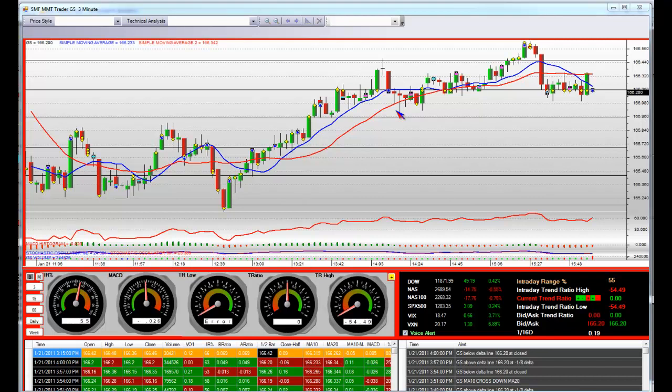123, 2011, 8:42 a.m. We have some SMF MMTs here. Breakouts. Goldman Sachs is the name that put in a bottom over here, and during this bottom the MMTs are trained with their MMT platform here,